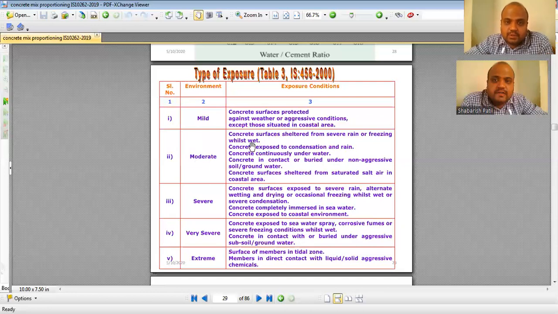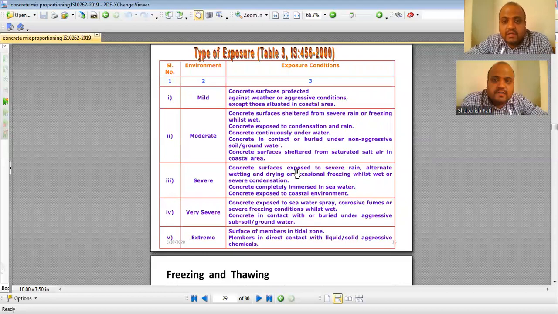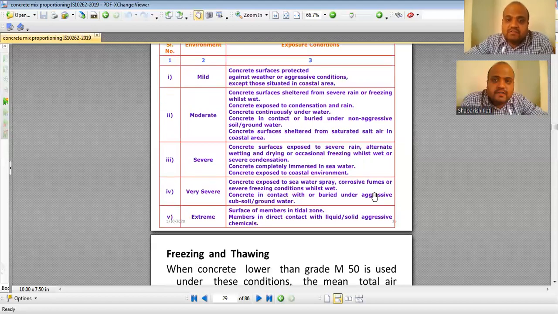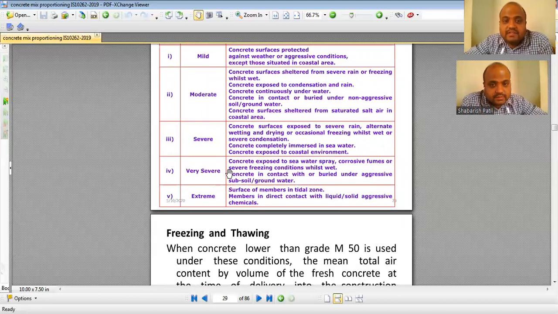So when concrete is exposed to these conditions, it's called moderate. Similarly, severe: concrete surfaces exposed to severe rain, alternate wetting and drying, or occasional freezing, or severe condensation. Concrete completely immersed in seawater or concrete exposed to coastal environments comes under severe. Very severe: concrete exposed to seawater spray, like in jetties or in ports, comes under very severe or